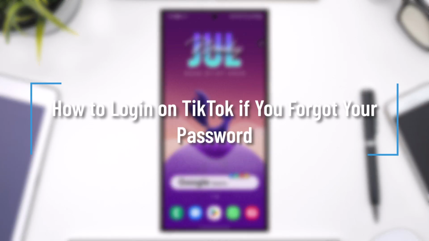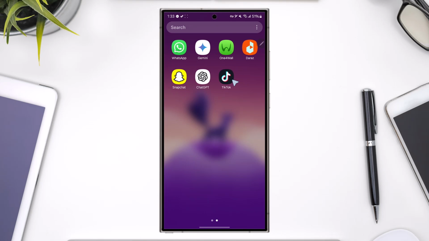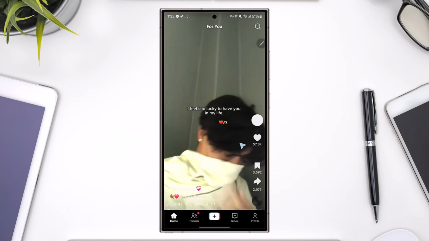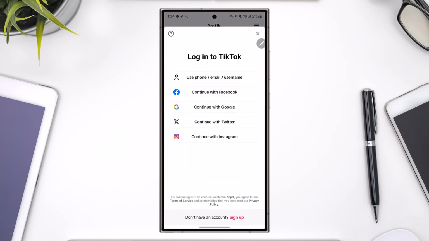How to log in on TikTok if you forgot your password. So if you forgot your password on TikTok, there are three ways that you could potentially log in without your password. The first is if you come to your profile section and go to login, you can log in if